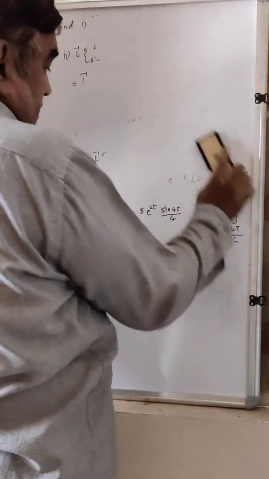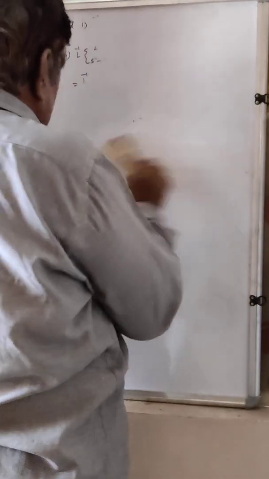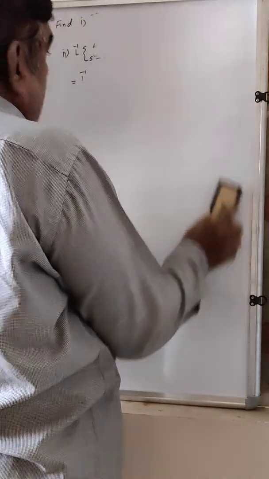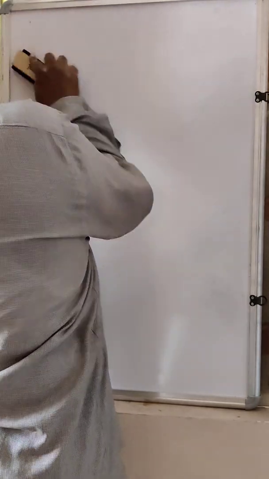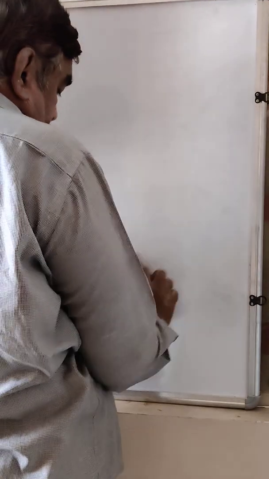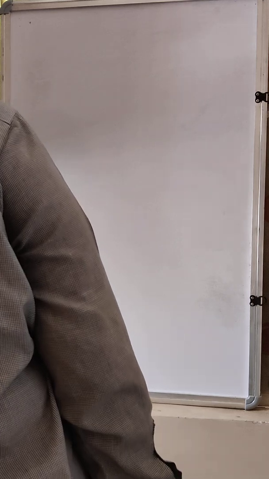Today we are going to discuss some examples on first shifting property or translation property. Some examples. Example,